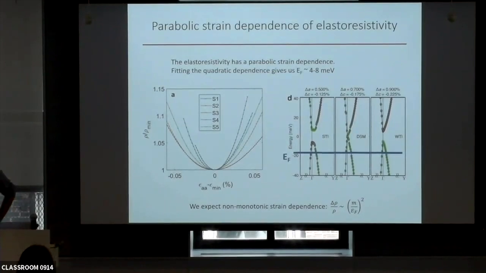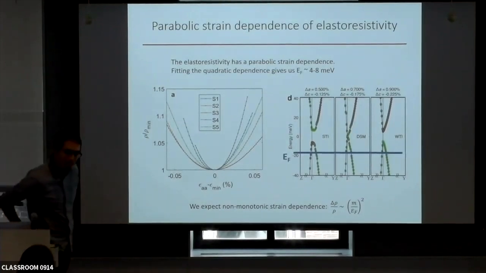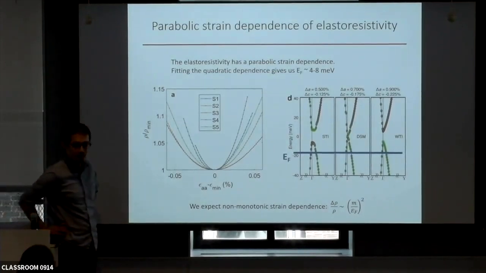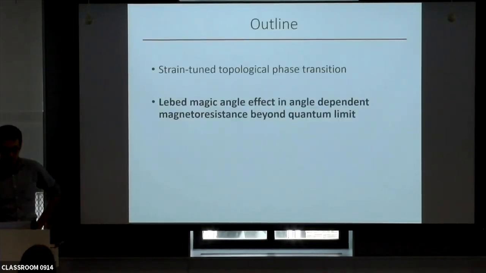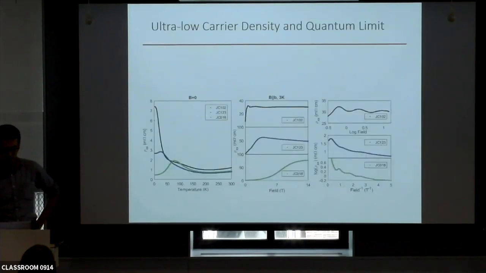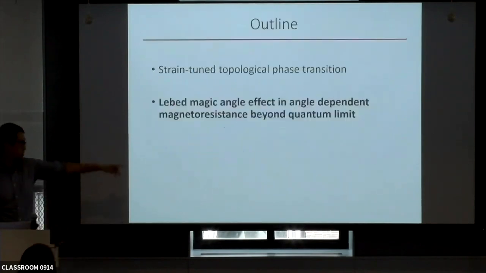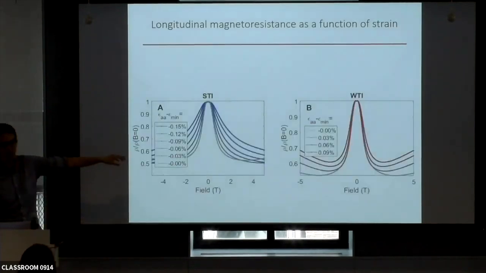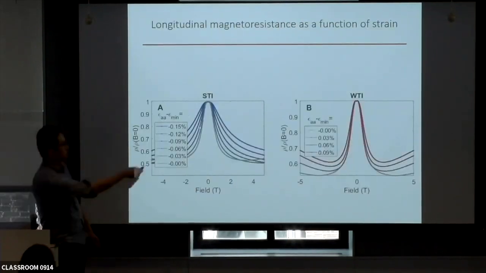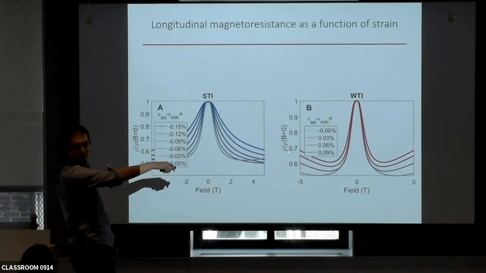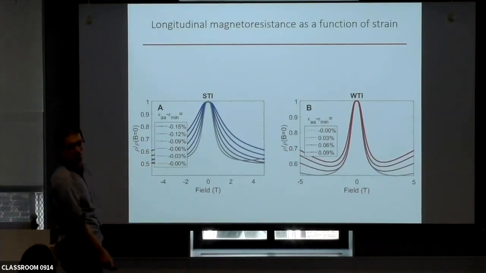Later on, you showed that you continue your samples to the quantum limit at very low fields. So this means that you must be very close to the charge neutrality point. That's right. So couldn't you then use these same samples and do the strain experiment and just see a metal-insulator transition? Oh, the sample I show here is the same, a similar sample. Right, so as a function of strain, you also didn't see quantum oscillations. That's because the quantum limit is too low.